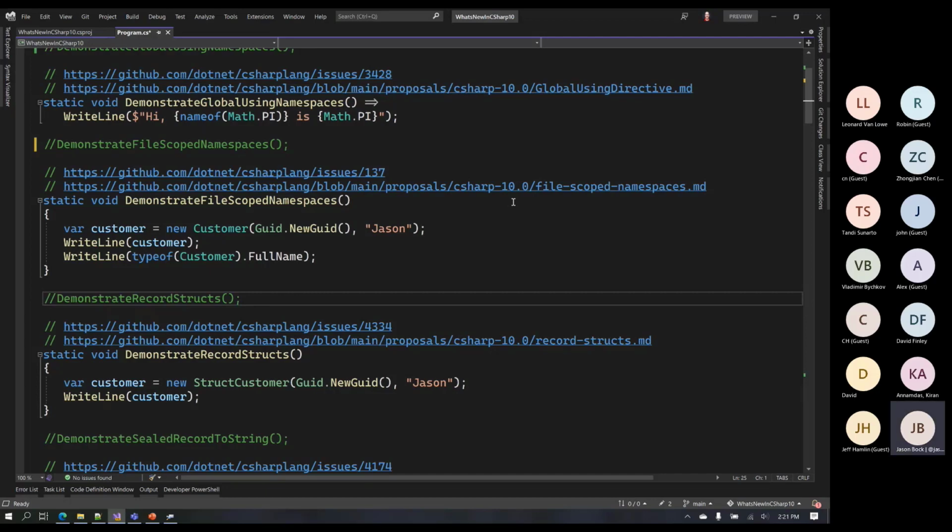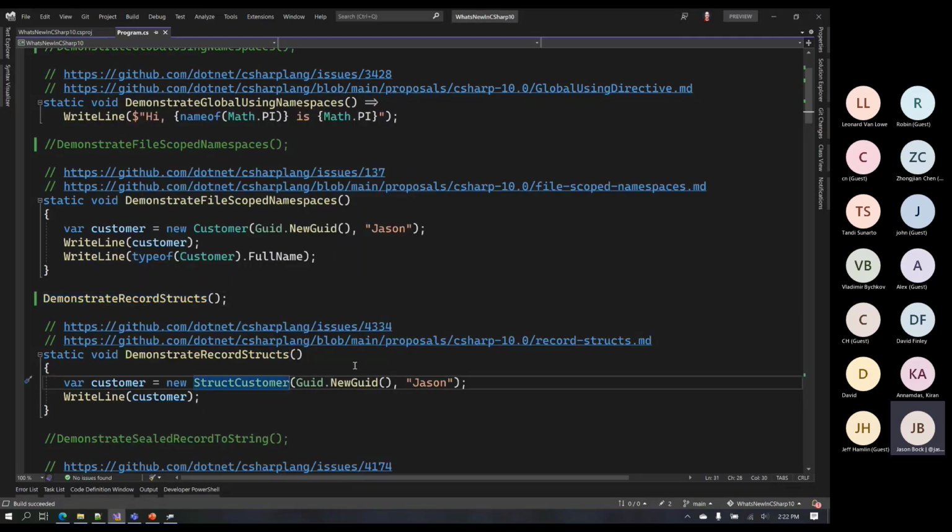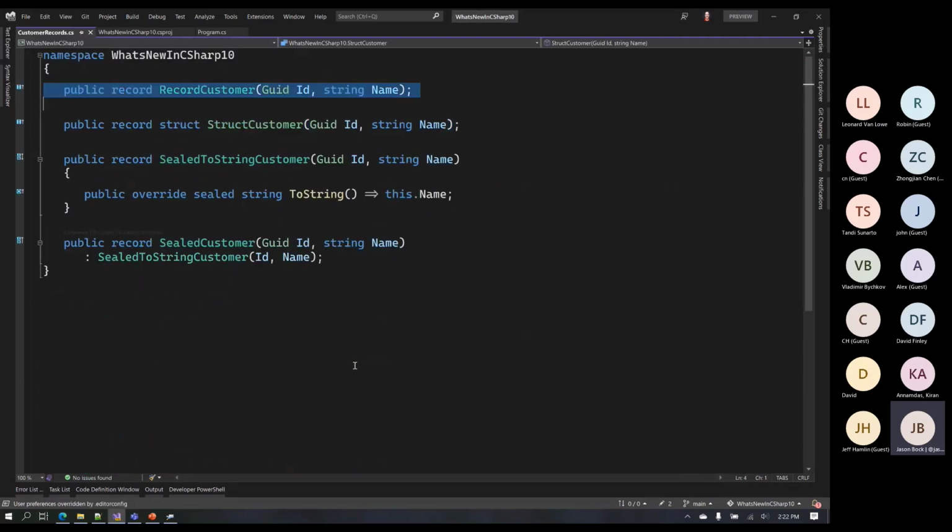So with record structs, it's taking what records already can do in C# 9 and doing one little extra thing. In this case, I'm going to show my struct customer, and you can probably see where this is going just by the name of the type. It looks like what I had before, but if I go into the definition of this struct customer, this is what you could do in C# 9. This creates a record that has equality, it's immutable, it has two properties on it. There's a whole bunch of stuff that's generated with this record, but it's implicitly a class underneath the scenes.